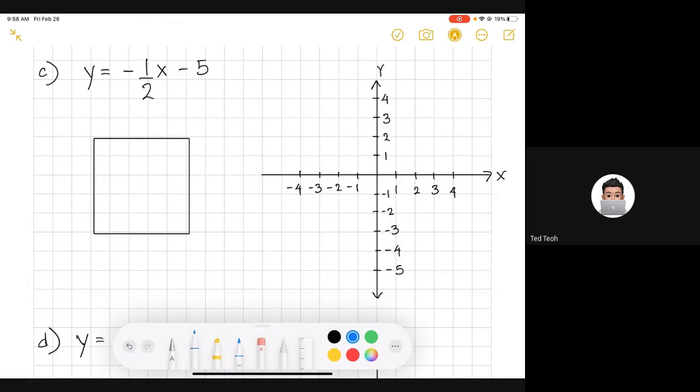Step 1, write down what the slope is. Okay, the slope is -1 over 2. And when I get a negative slope,